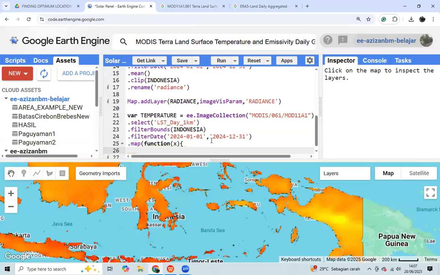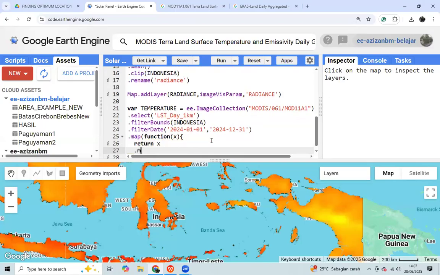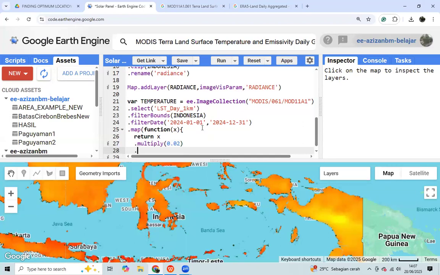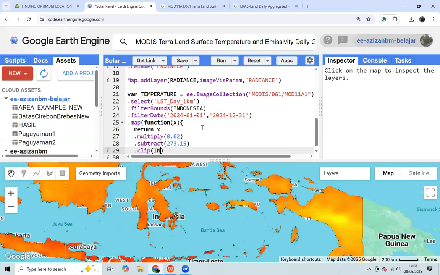First, we multiply it by 0.02, and then we subtract it by the Kelvin coefficient. And then we clip it on Indonesia data.